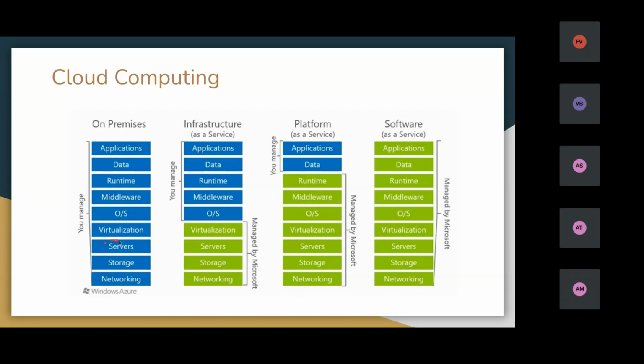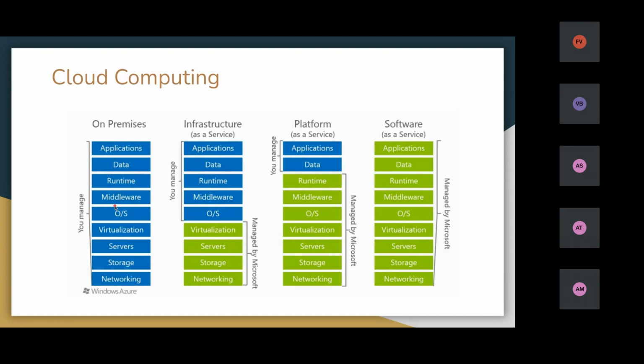So there will be many servers, and then virtualization will be there to create more and more virtual machines. Then an OS will be there, for most of the DevOps, web hosting, and application development, we will use Linux. So underlying there will be an OS, then there will be a middleware.